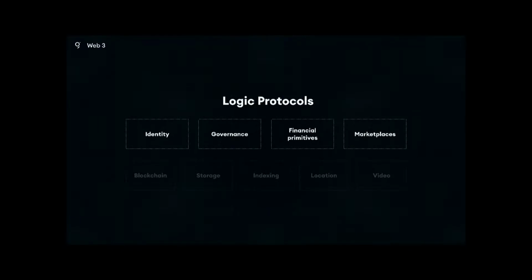Then on top of those infrastructure protocols, you have logic protocols. These are, for example, things that you would build using smart contracts, say on top of Ethereum. If you have a blockchain that supports smart contracts, which is just generalizable logic that runs on them, then you can start to encode a set of rules for how to solve some coordination challenge amongst a group of participants.